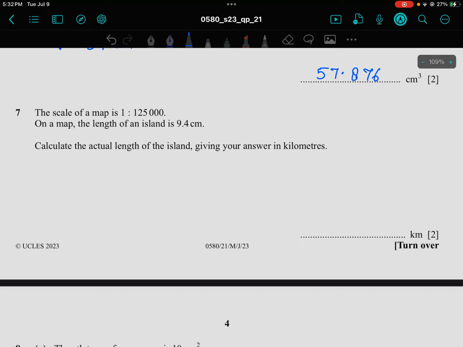Question number 7. The scale of a map is 1:125,000. On a map, the length of an island is 9.4 centimeter. Calculate the actual length of the island, giving your answer in kilometer. So here on the map, 1 centimeter is equal to 125,000 centimeter. So what is 9.4 centimeter? It is